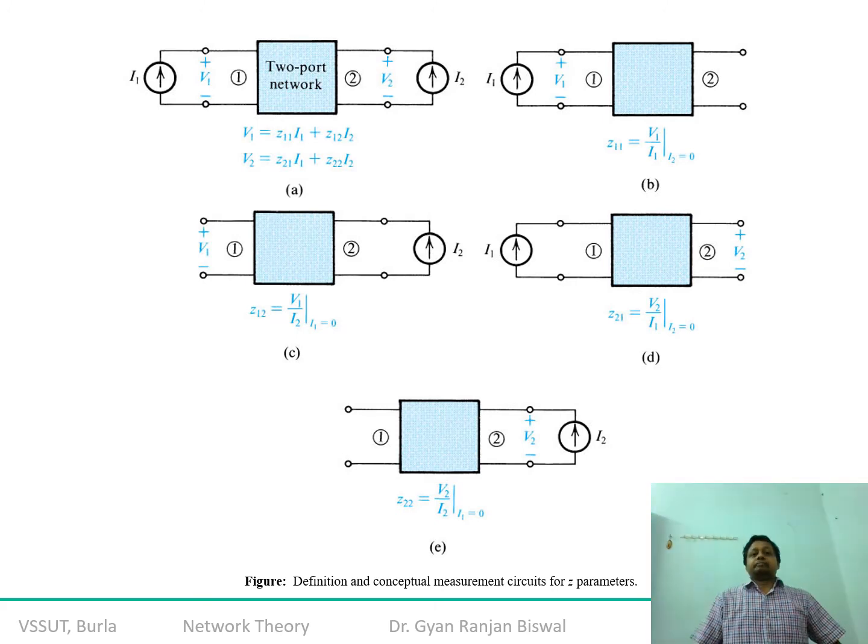Because if we are talking about impedance parameter analysis, why do we call it impedance parameter analysis? Because in this kind of typical network, the voltages are always unknown, as we discussed in the beginning, and the current parameters are always known to you. So remember, I1 and I2 in this particular network are given, whereas V1 and V2 are unknown to you. The V by I ratio is what you use to find the impedance parameter. That's why it is called impedance parameter.